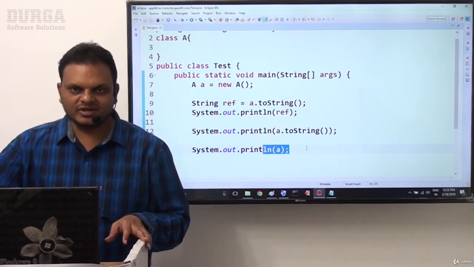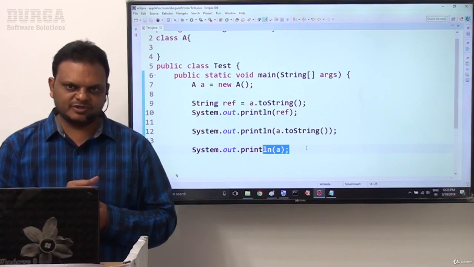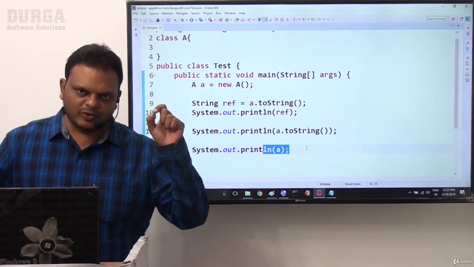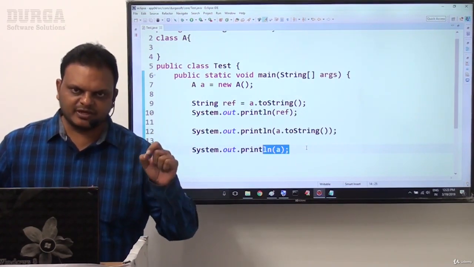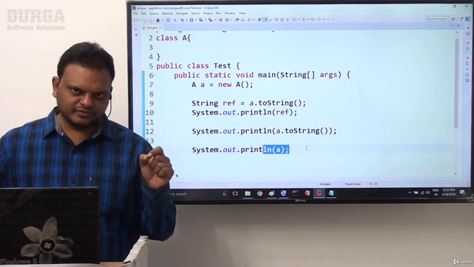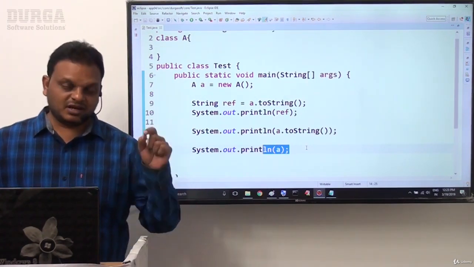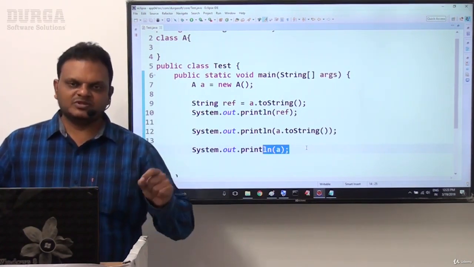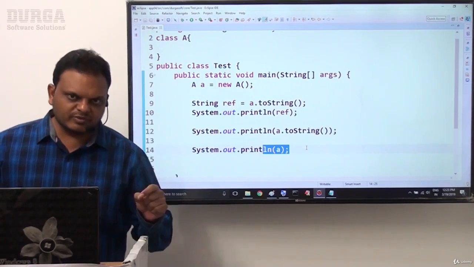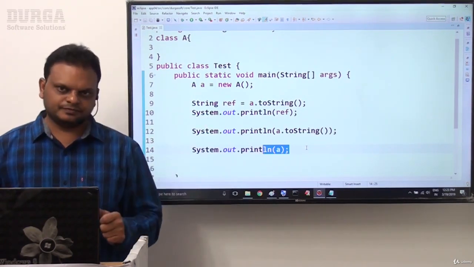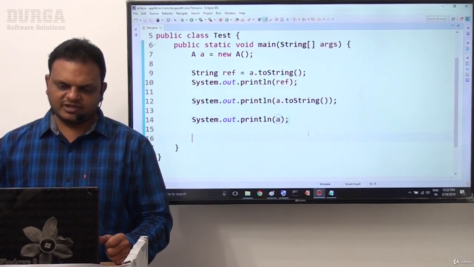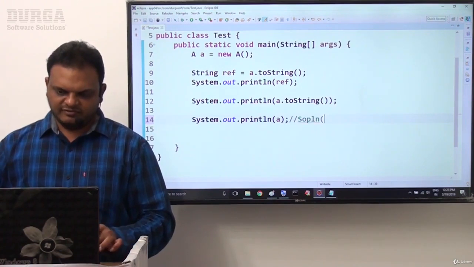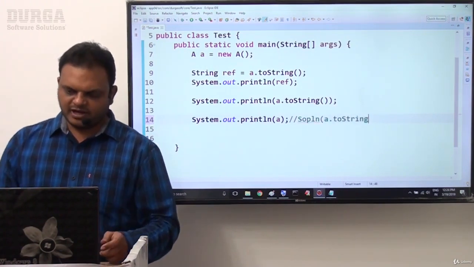So what exactly happened internally? The internal concept is this: when we provide a reference variable as a parameter to the System.out.println method, internally the JVM will call the toString method on the provided reference variable.